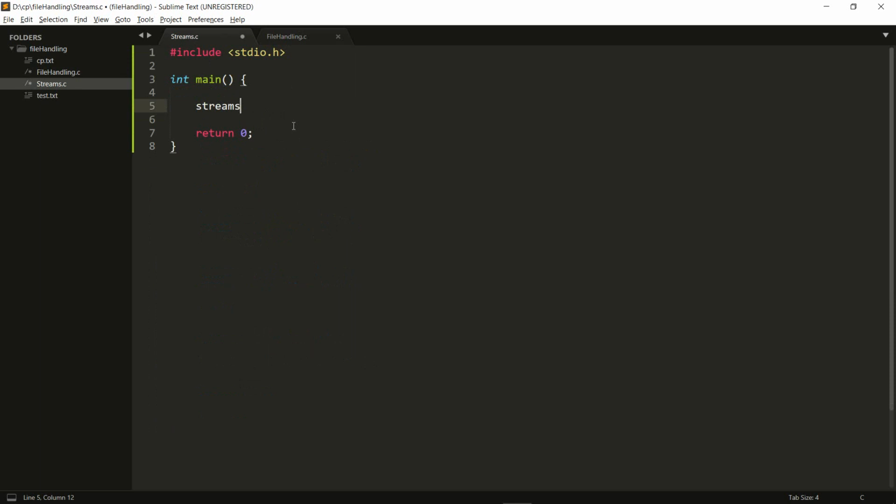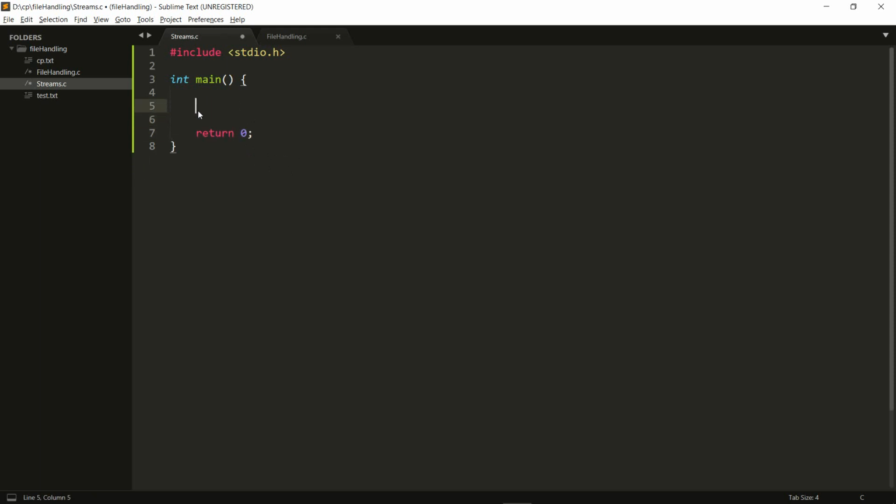There are actually three built-in streams that we have: stdin, which is our standard input stream, stdout, which is our standard output stream, and stderr, which is our standard error stream. When we do a normal printf, it just writes to this stdout stream. When we do a scanf, it just reads from this stdin stream.